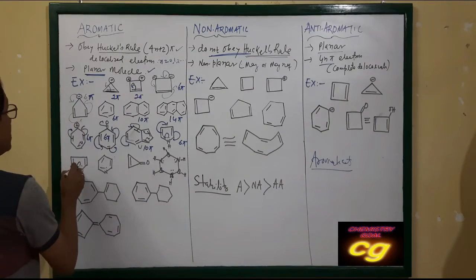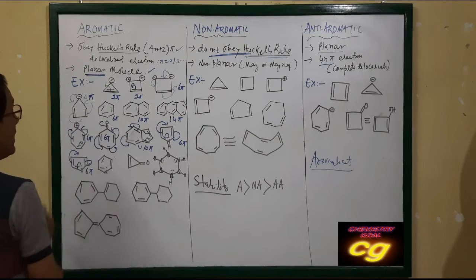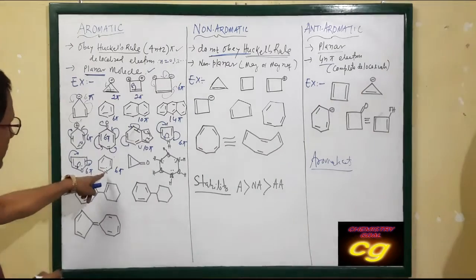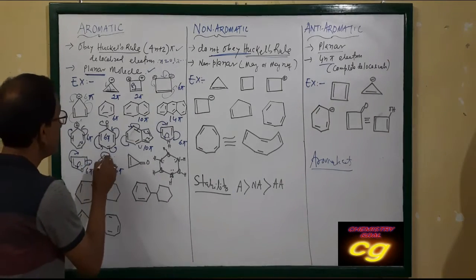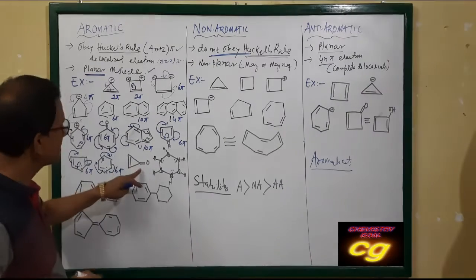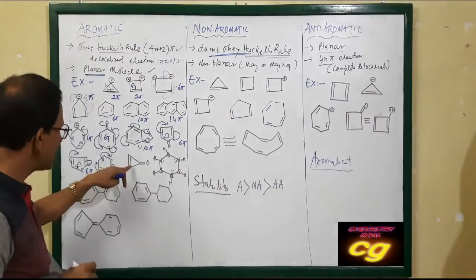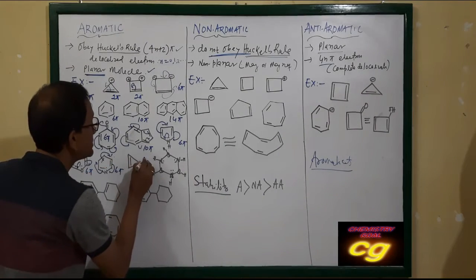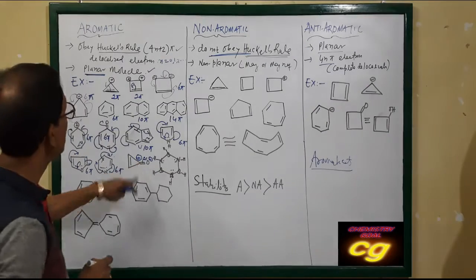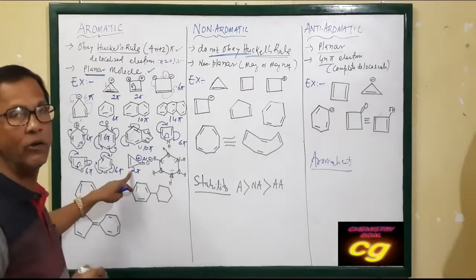It is also delocalized. 6 pi electrons. And it is also 6 pi electrons. These three. Here the lone pair is not involved, but it is also delocalized. That's why it is also aromatic. But in this case, this compound, if you see 2 pi, 2 pi, 4 pi, but inside the ring, if you take this side, this is minus and this is plus. When this is plus, it becomes 2 pi electron. That satisfies Huckel's rule.